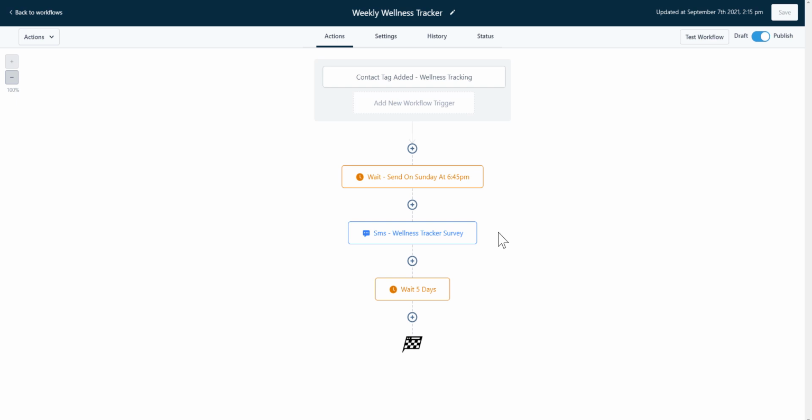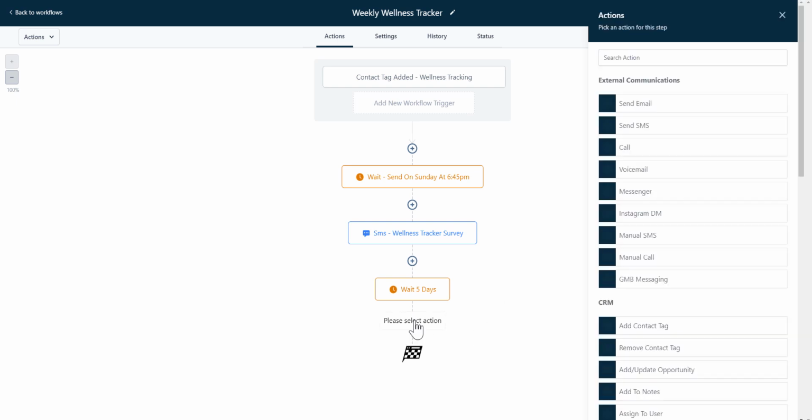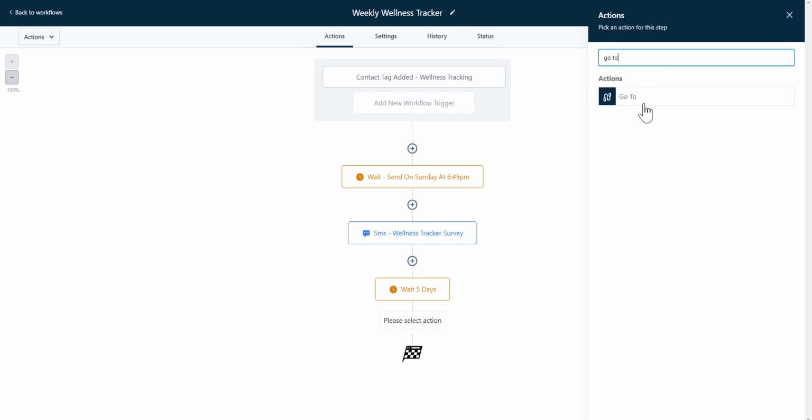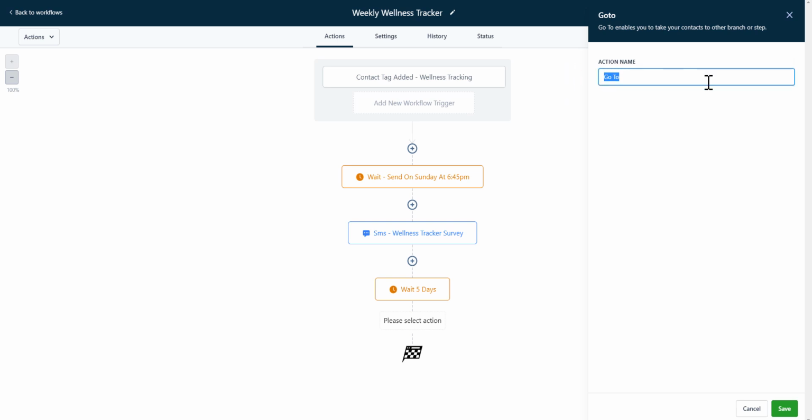After they get their text message, they enter in a wait step for good measure, so let's say 5 days. However, it doesn't matter what amount of days you select as long as it is less than 7. We then want to select a new action by clicking on the plus icon. You can search for the Go To function and select this action. We're going to rename this as Send Weekly SMS